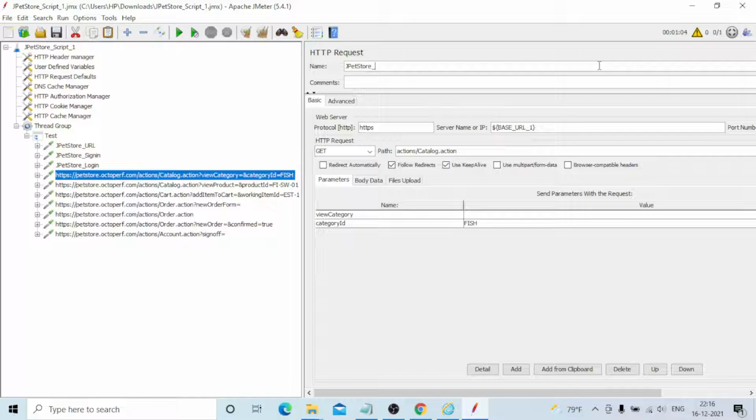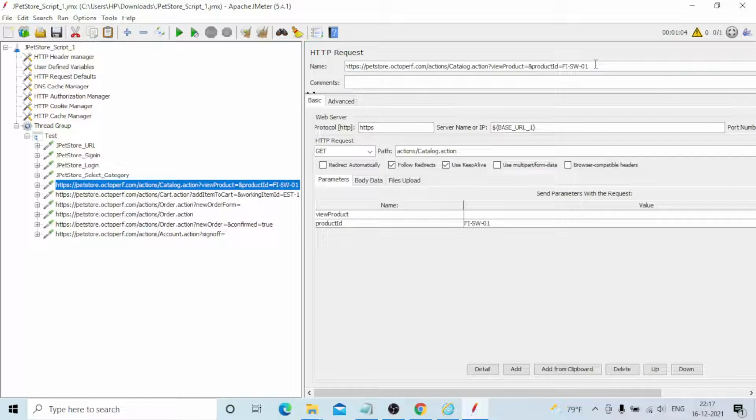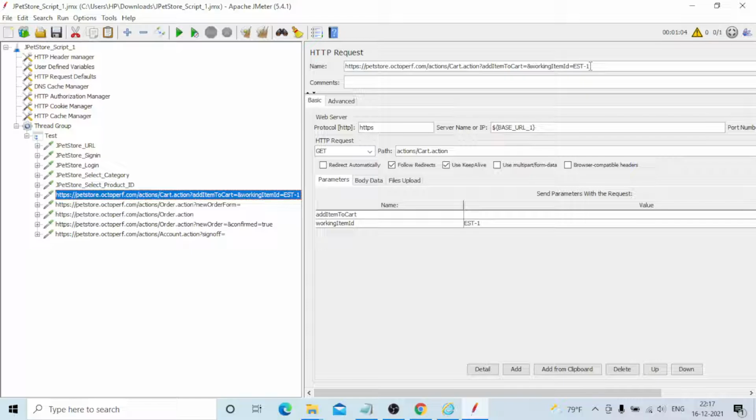To JPetStore category, select category. Select category. Select product ID. Select add to cart.